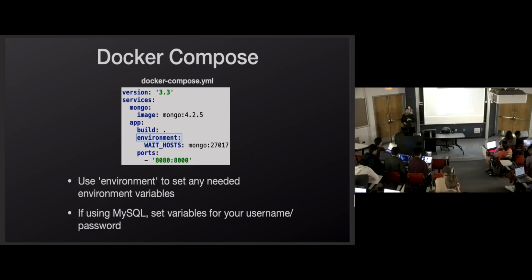You'll need to set up your variables for your username and password, or at the very least, set your root password using a very specifically named environment variable that the container is going to read on the first startup. So you will use more environment variables, which you can do right in line: image, MySQL, whatever version you want, and then environment, and then the variables that you want below here. So environment is what we'll use to set any environment variables.